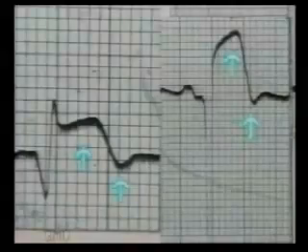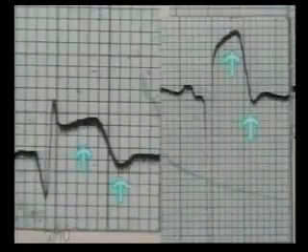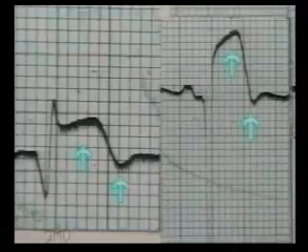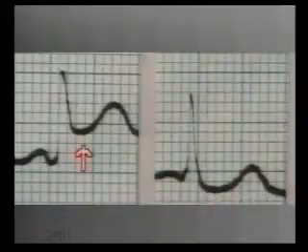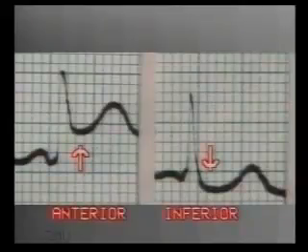To revise, ST segment elevation is the representation of the acute phase of myocardial infarct. Convex upwards ST segment elevation with T wave inversion is seen only in myocardial infarction, while concave upwards ST segment elevation with upright T wave may be seen either in acute infarct or in acute pericarditis. Reciprocal ST depression is again a diagnostic feature of acute myocardial infarction, while in pericarditis all groups of leads show ST segment elevation.